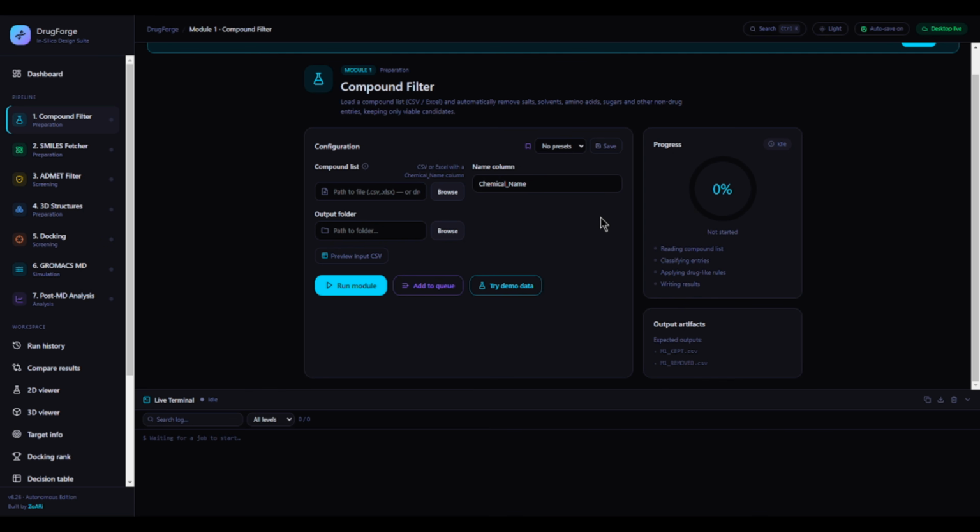So you just have to copy all these compounds, then make a CSV file with Excel. This is all you have to do. Then you can come here to the compound filter, go to browse, and select that CSV file. And if you select the CSV file,